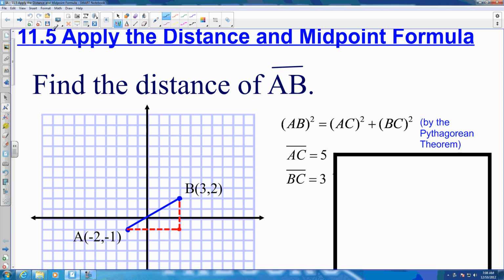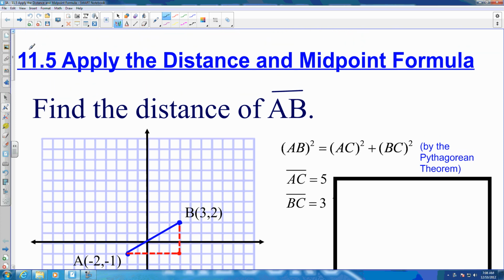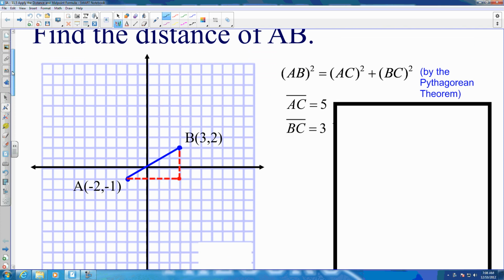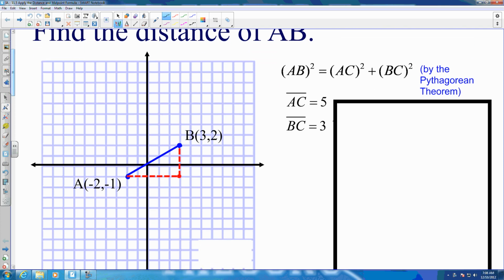Alrighty, so here is the last section in chapter 11 where we are applying the distance and midpoint formulas. Now, the distance formula is derived from the Pythagorean theorem, which we learned in section 11.4. And if you look at our graph here, what we're trying to do is find the distance